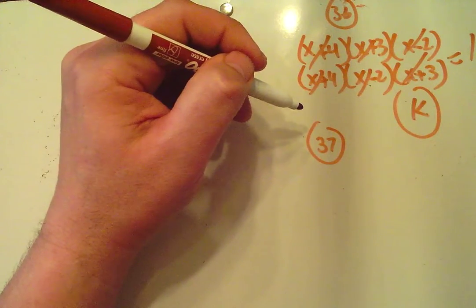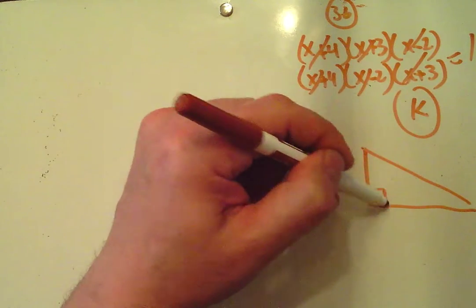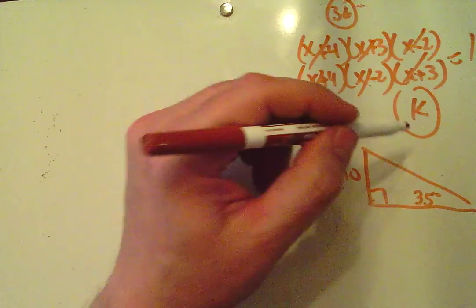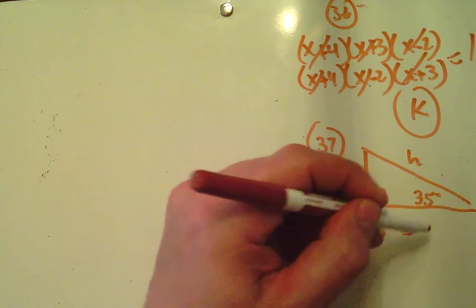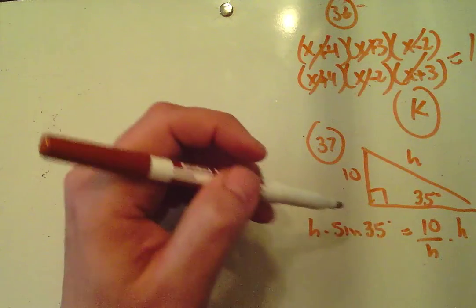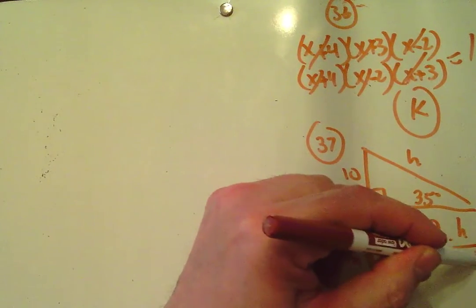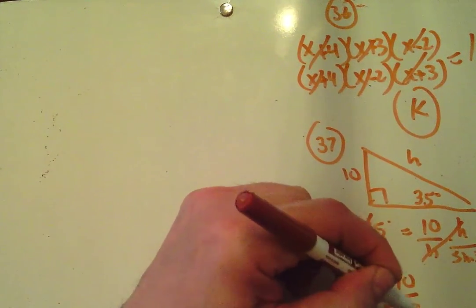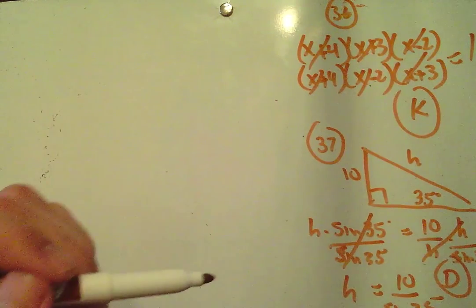37. How timely for us. 35 degrees, 10, and we're looking for the hypotenuse. It looks like I would use the sine of 35 equals 10 over h, and they want to know what the hypotenuse is. So we're going to multiply both sides by hypotenuse and divide both sides by sine of 35. So I get h is 10 over sine 35, and 10 over sine 35 is choice D. Okay,